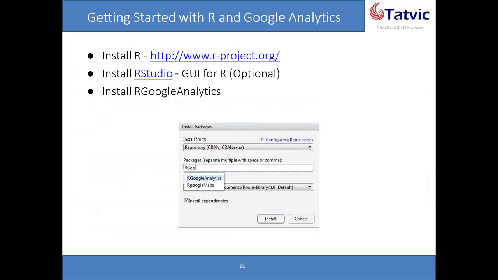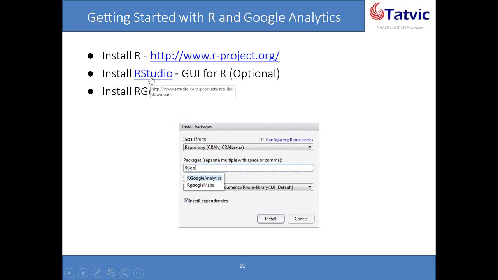So in order to use R and Google Analytics, you have to install R from r-project.org. You can go to the R project site and download the relevant R software for you. Another recommendation that I have is to try and use R Studio.